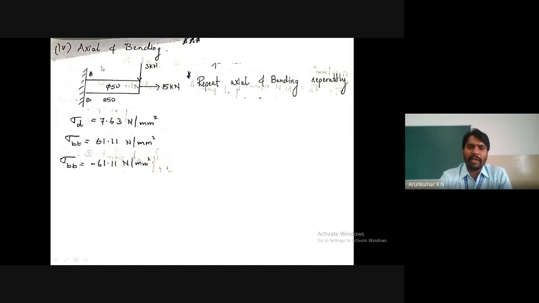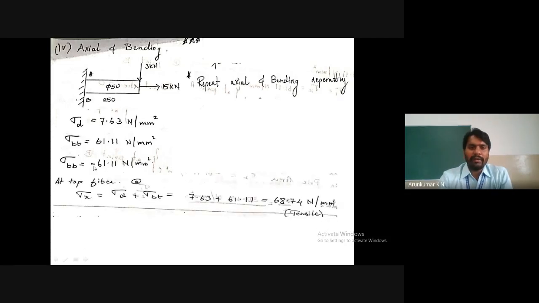In the examination, if they ask like this, calculate direct stress separately and bending stress separately. At point A it is tensile, and at point B it is compression. Once you have got these, we need to find sigma x. So I will take the top fiber point A: sigma d plus the bending stress at the top fiber, that is, direct stress plus bending stress. Bending stress is there on both sides, top and bottom, so the direct stress must be added to the bending stress at point A and at point B.